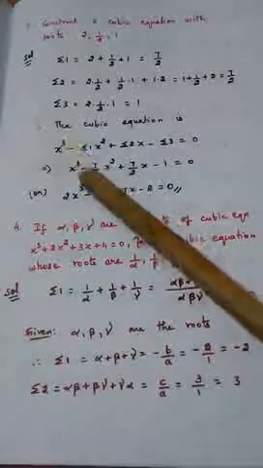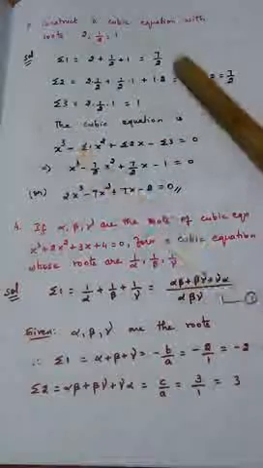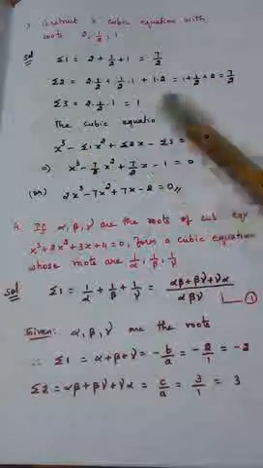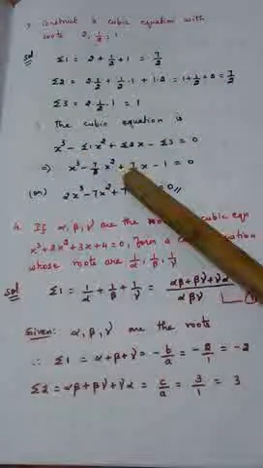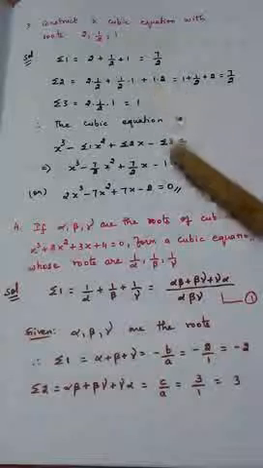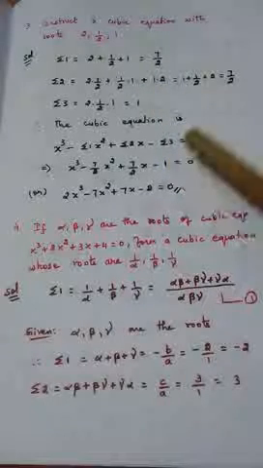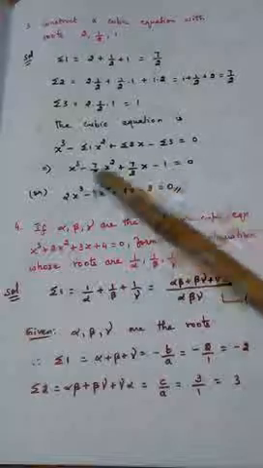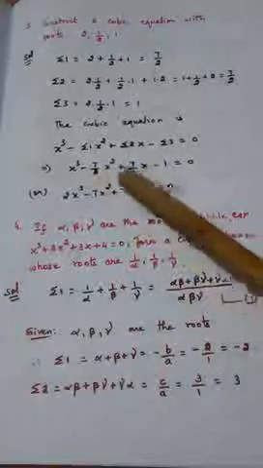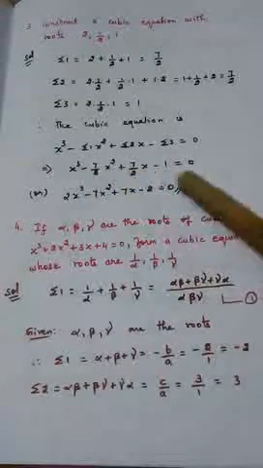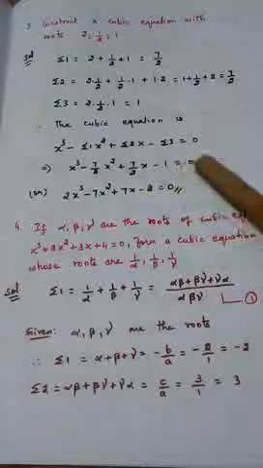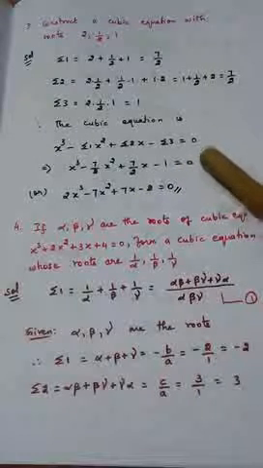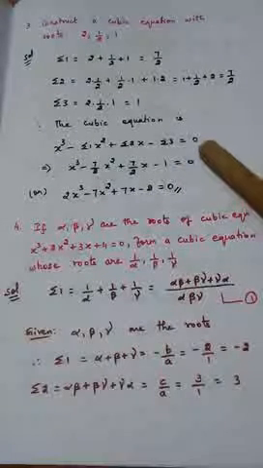Okay, now x cube is written. Sigma 1 value 7 by 2, substitute. Sigma 2 value 7 by 2, write it here. Sigma 3 is 1, substituting here, equal to 0. So if I take LCM, what happens? 2 is the LCM, right? Because 2 and 2 are present here. So 2 will be the LCM. That LCM will go this side, becomes 0. Since right hand side is 0, by 2 I cannot write.